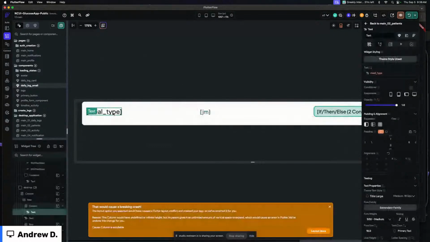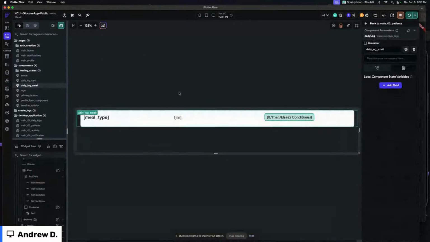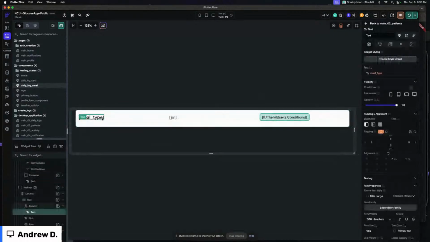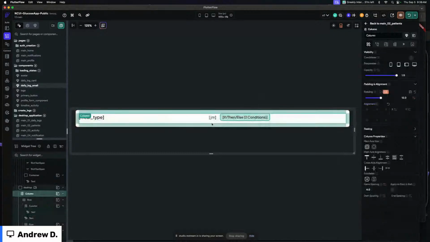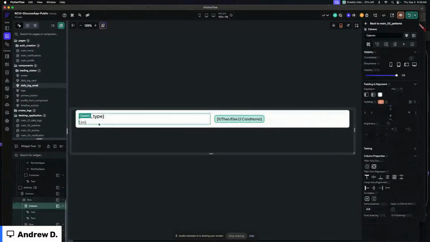Come on now. Don't you hate that? You accidentally move something and remove it. Okay, we'll just do meal type. I'm going to do this. Move this into that column. Perfect. Okay. So all we have here